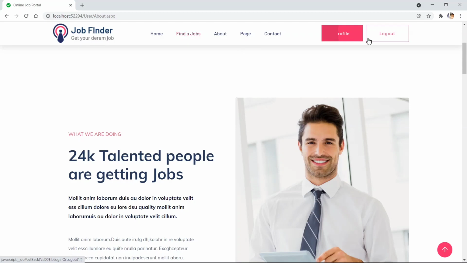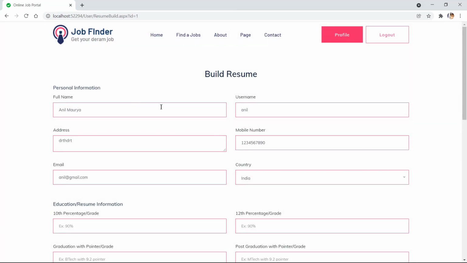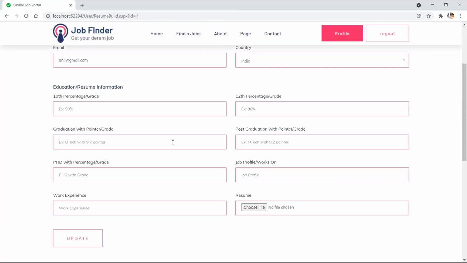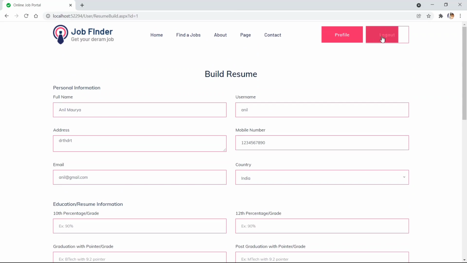We can apply for a job, profile is also done, editing the profile as well as uploading the resume is also done. And the logout functionality is also done in this user module.